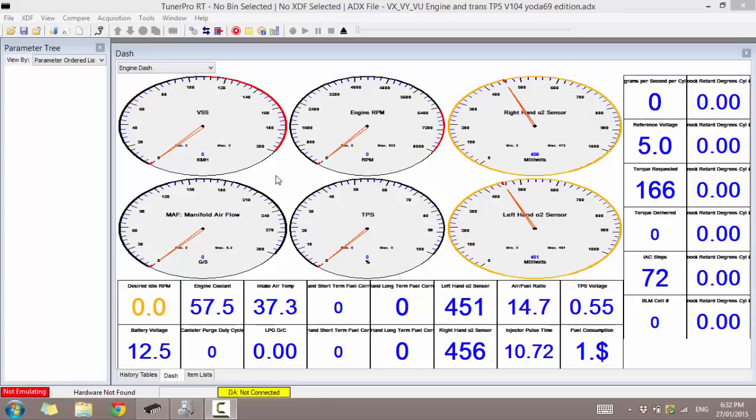Today I'm going to be showing you how to get set up using TunerPro. So first off, what is TunerPro? It's a free application which you can use to read live engine data as well as view any fault codes from your engine. It is not suitable for VZ, VE and VF Commodores as these would require an OBD2 compliant